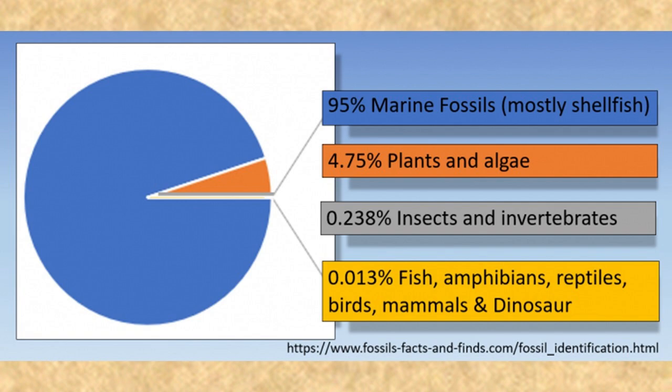What really nails this down as evidence for a global flood is the fact that about 95% of all fossils are marine organisms, all found on dry land. Furthermore, 99% of the types of animals found in the fossil record have living representatives. Now, they are seldom labeled as the same species, but that is the result of a tendency among evolutionists to apply new species names to fossils regardless of how similar they are to living organisms.